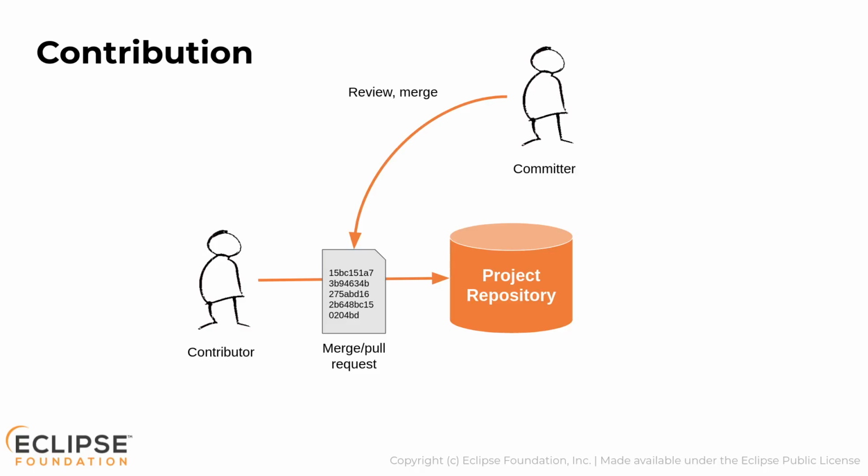That means the means by which an Eclipse project team decides to make somebody a committer must not be biased by who that individual works for or any criteria other than the quality of the contributions they've made to the project and their demonstration that they understand their roles and responsibilities as a committer. As a committer, you have an obligation to review the contributions made by others and make a reasonable attempt to work with contributors to help them earn more responsibility in the project and ultimately increase the diversity of interests within the project team.